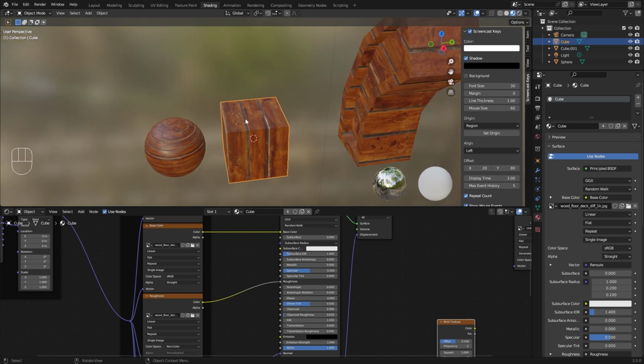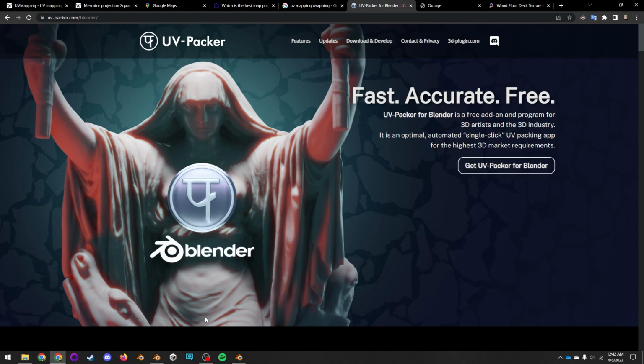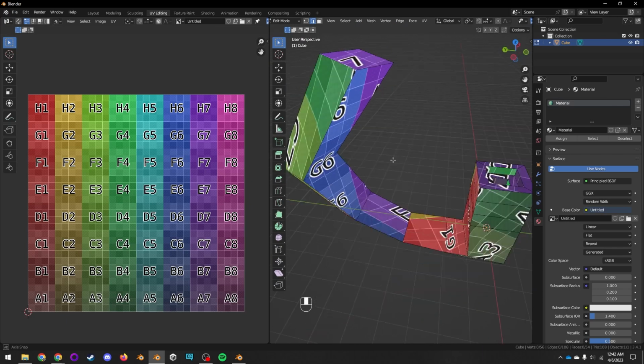The other thing I'd like to say is that there is a UV add-on that's a lot better than the one that comes default with Blender. So that's this right here. It's uv-packer.com/blender. I'm not going to go over the installation process, but I have it in this older version of Blender here,